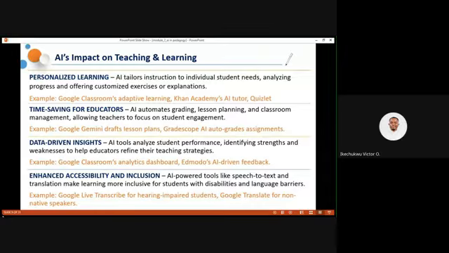What's the other one? Report generation and all of those things. And then the third one says data-driven insights. When you give a quiz, for example, if you use something like Kahoot or Formative, there's an app we call Formative. When you've created a quiz on Kahoot or Formative, it analyzes the result of the student, and after it analyzes the result, it gives you an idea of what questions or what topics within that question the child is able to